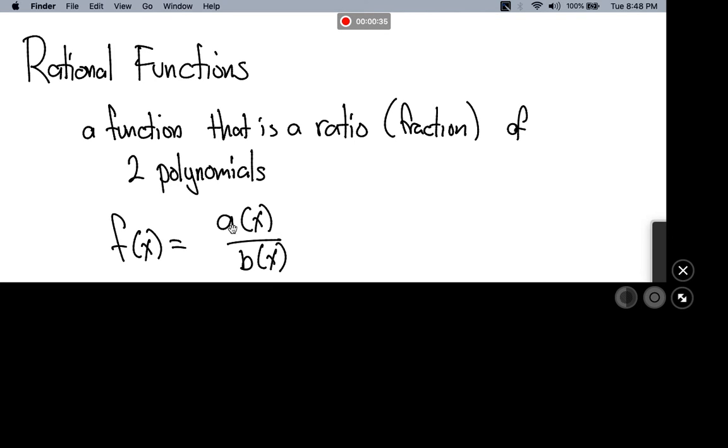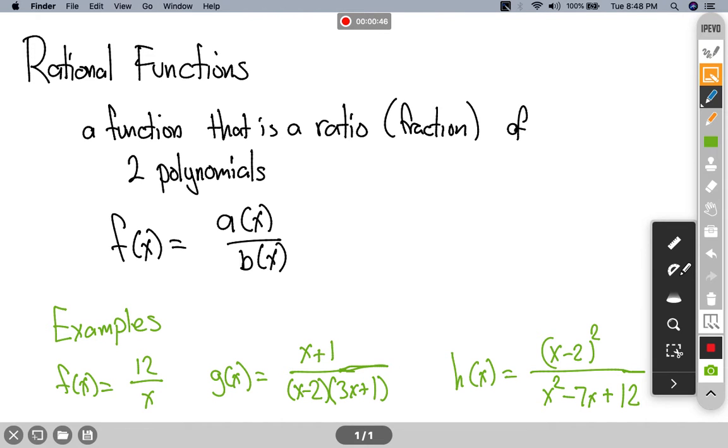f of x is some a of x over b of x. Doesn't have to be polynomials, but we're going to focus right now on polynomial functions. Generally, when we talk about rational functions, that's what we're talking about. So some examples of rational functions